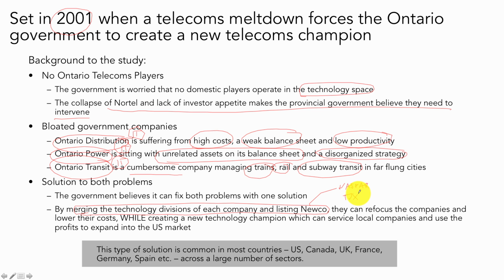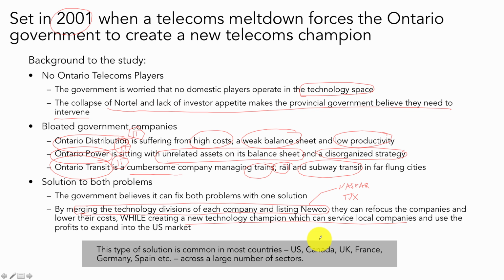And the thinking is that if it can remove some of these cost centers from these companies, it could make them more efficient and allow them to lower their costs and refocus their business. At the same time, this new merged company could be a new technology champion which can serve local Canadian companies and expand into the United States. Now, this is a strategy that has been deployed quite effectively in other parts of the world, but let's not worry about that. What we're looking at here is the fact that the government wants to ring fence these IT